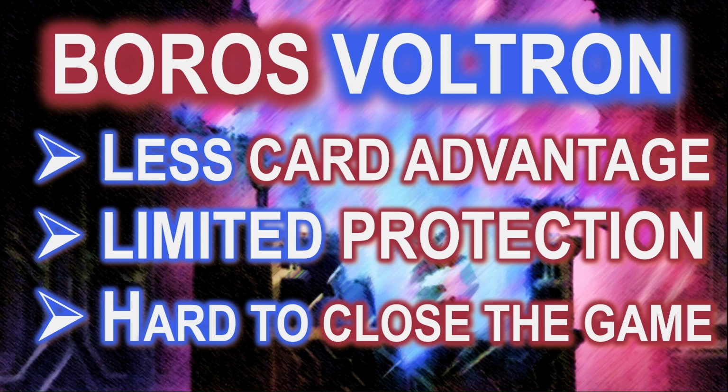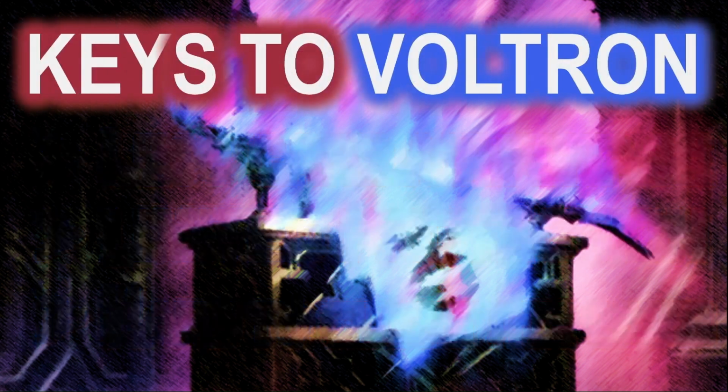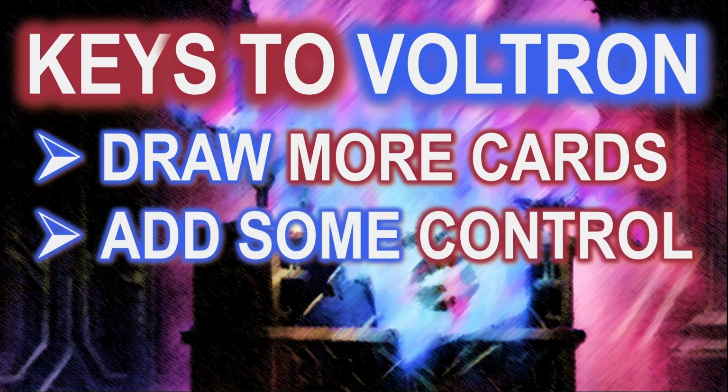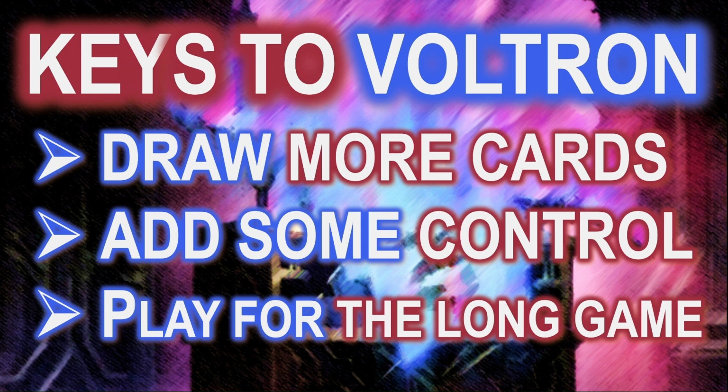I think what this means in practice is that the Voltron decks that have the best chance of winning the pod must be able to either draw enough cards to keep finding the resources they need to protect their commander throughout a longer game, or they need to have some control elements all their own, to be able to counter win attempts while they're building up their big threat and close things out in the later turns of the game